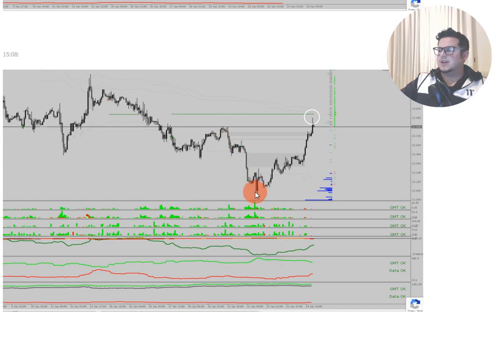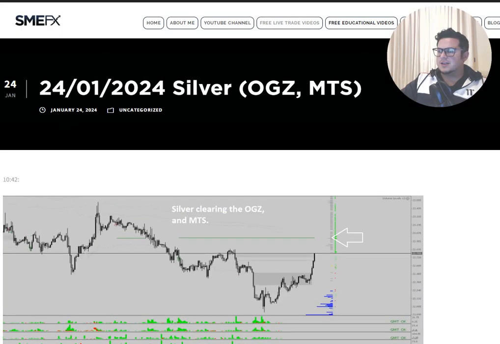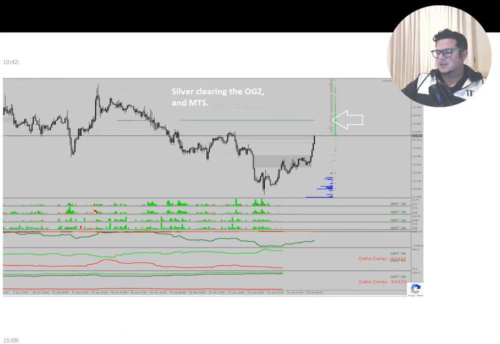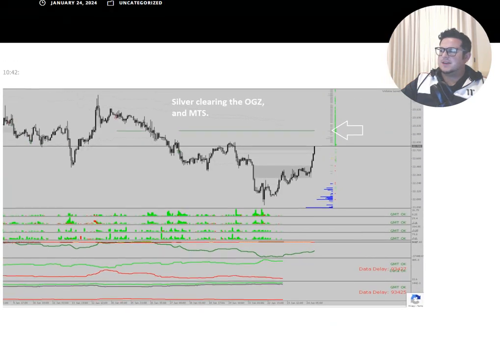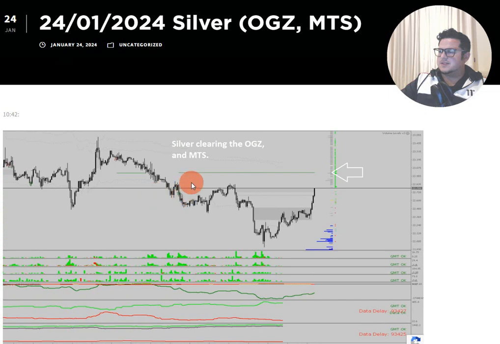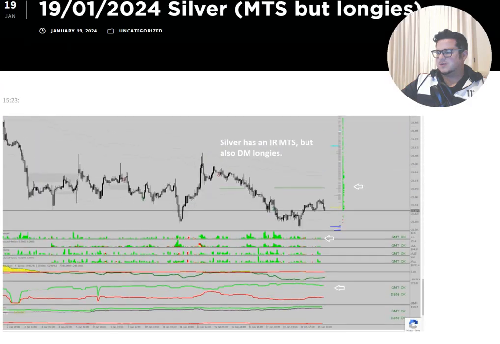they cleared the low, okay, you see that we have some longies getting kicked out. So they completed the target. They did a little move towards the low again, and then boom, they fill all the order gap zones and the MTS. Okay, still on the 24th, you see. So here we have also the 4-hour reversal energy taking over, plus the inner range target. Okay, so when it comes to timing, you need to understand the difference between those 2 days. Let's go back again to the 22nd and then also to the 19th.